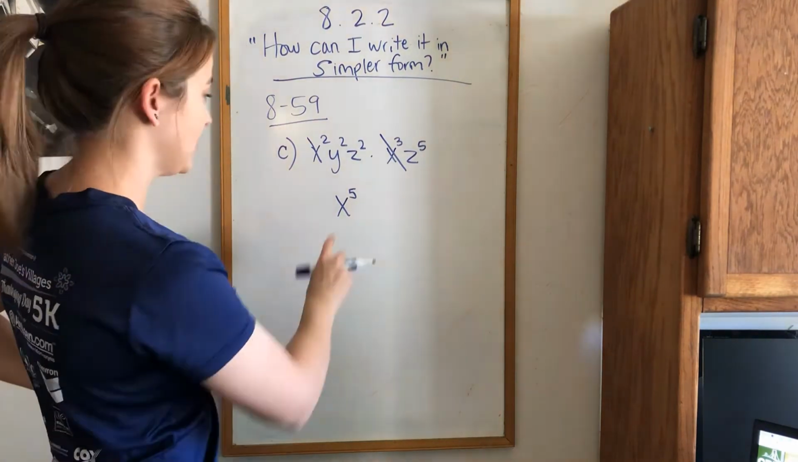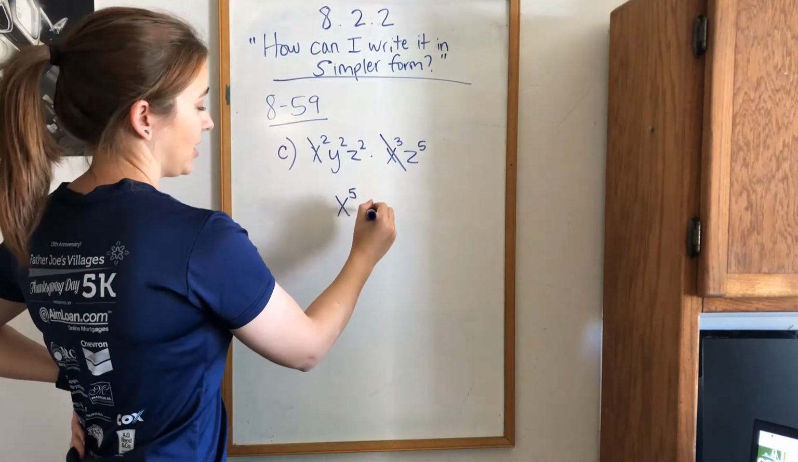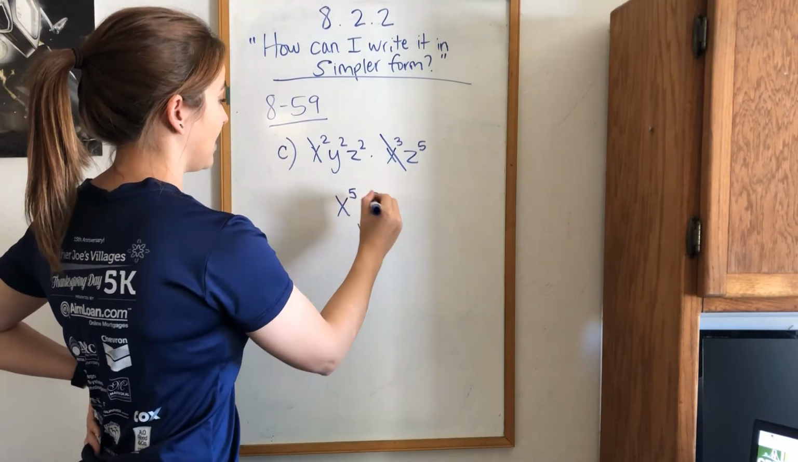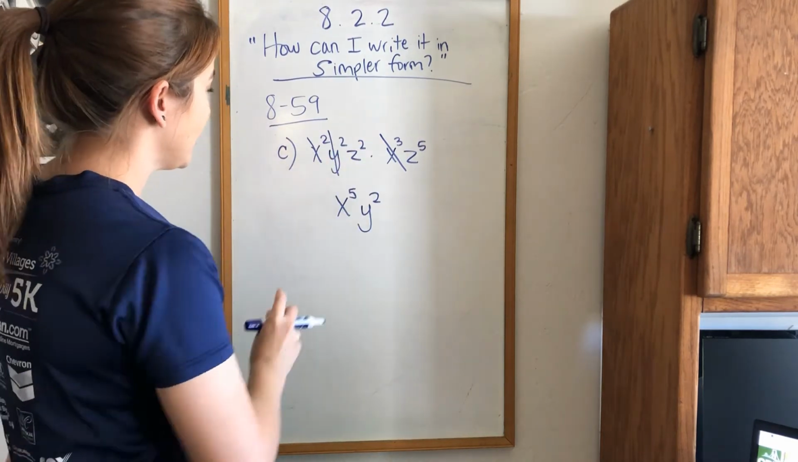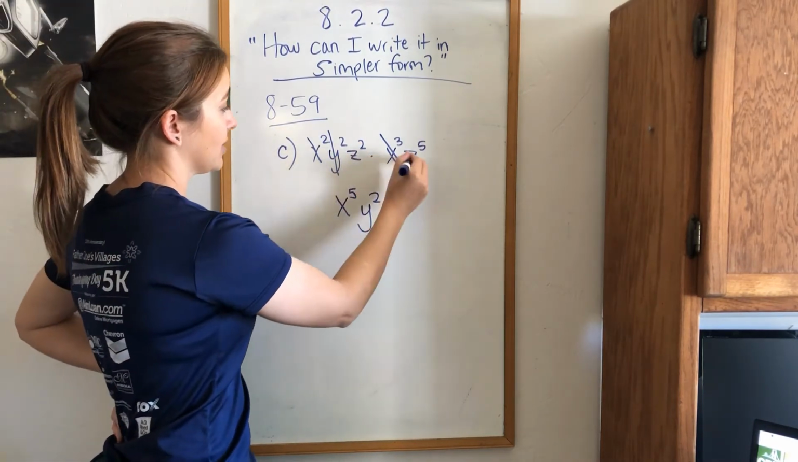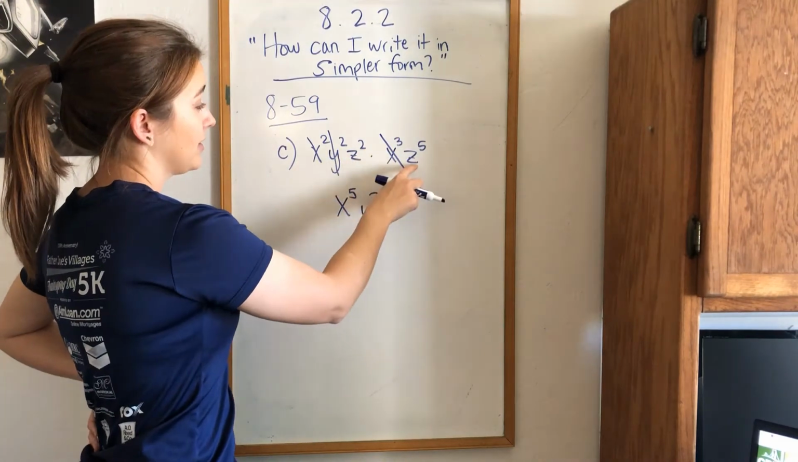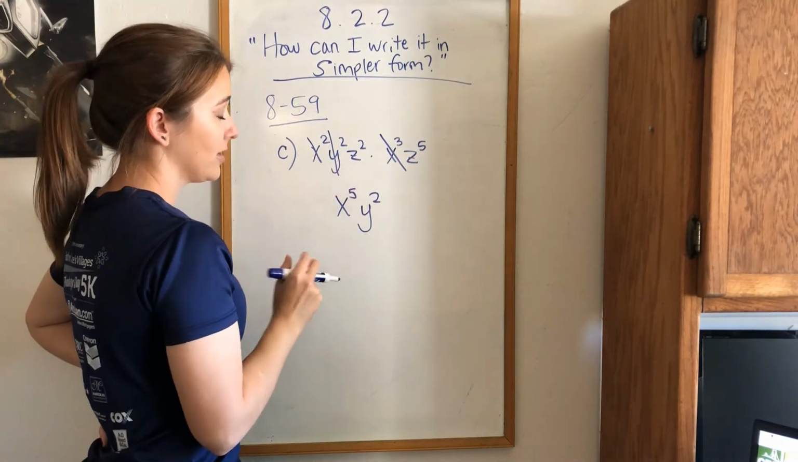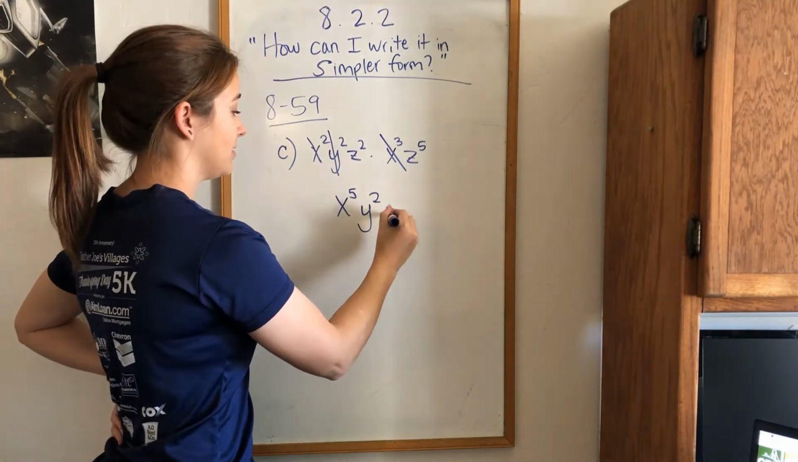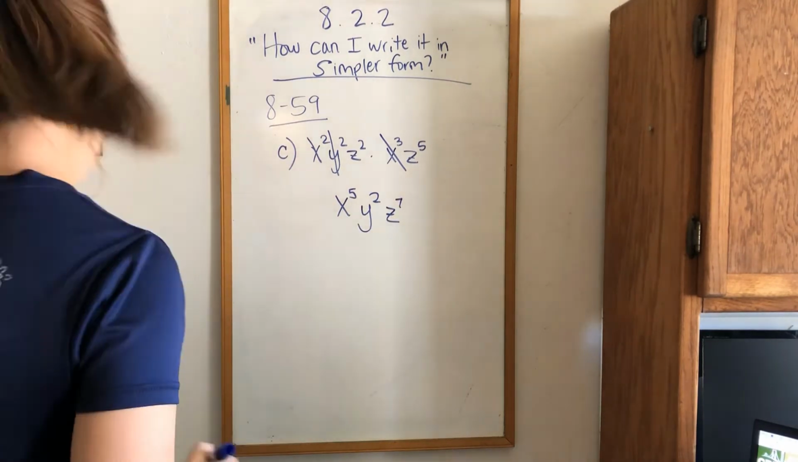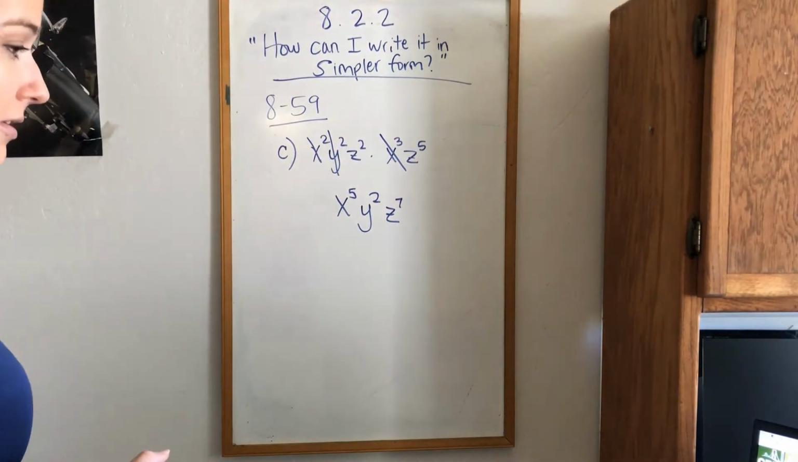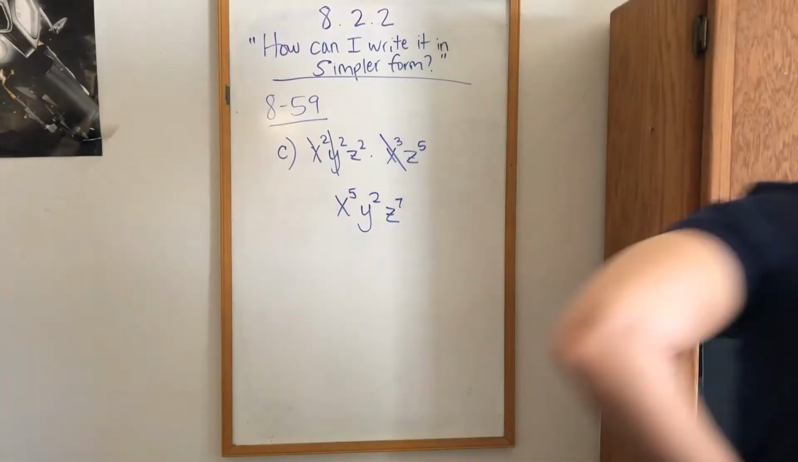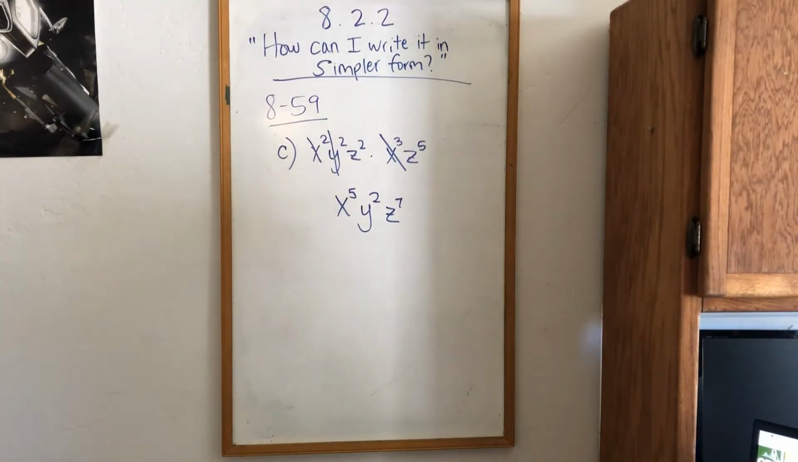Let's see the y's. I only see y squared, nothing else, so that stays the same. Now let's look at our z's. So this is a z, not a 2. Z squared times z to the 5th power, 2 plus 5 is 7. So that would be our simplified form. Okay,